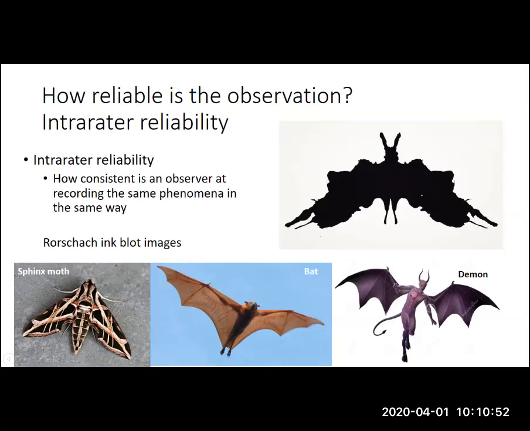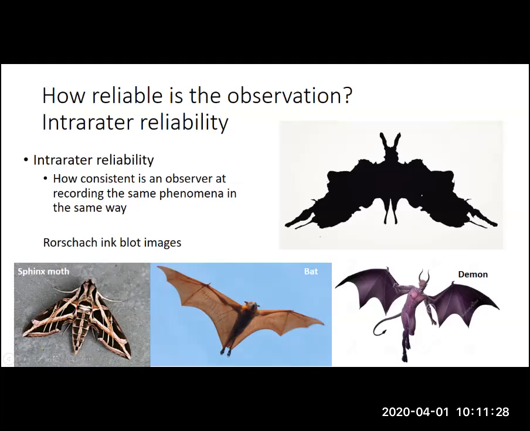And now, 2-3 weeks later, we're broadcasting from home. I'm preparing a D&D campaign for my son, putting together a bunch of things, and now I'm thinking about demons and dragons and all kinds of things. So what I thought in February was a moth, and in early March was a bat, now, as we go into April, I'm thinking it's actually a demon. So in this situation, again exaggerated, my intra-rater reliability isn't so good,